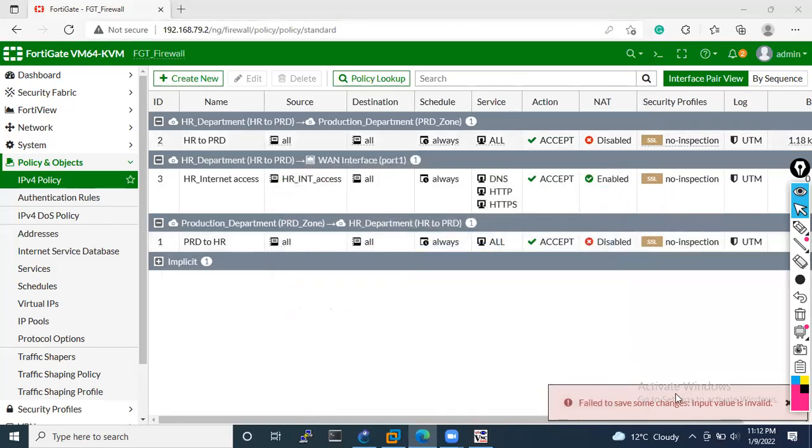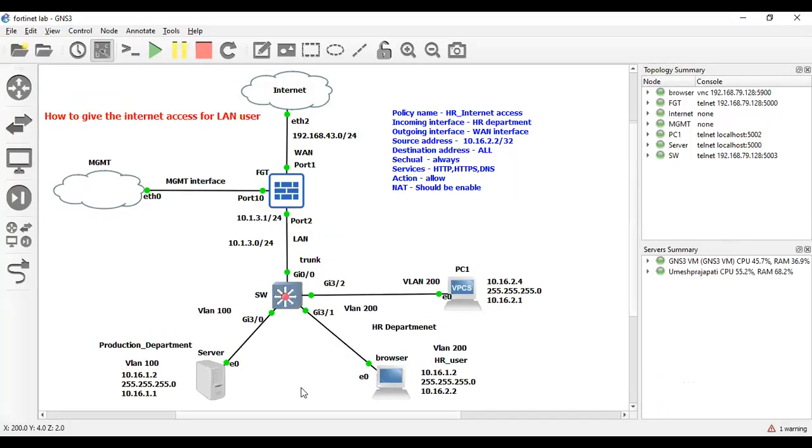Just wait a minute. If this user wants to communicate with the internet, it will not be able to access it because this policy has not been created in FortiGate firewall. So let me show you that.